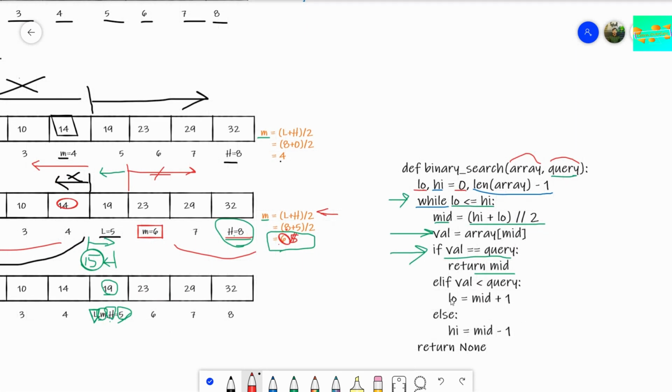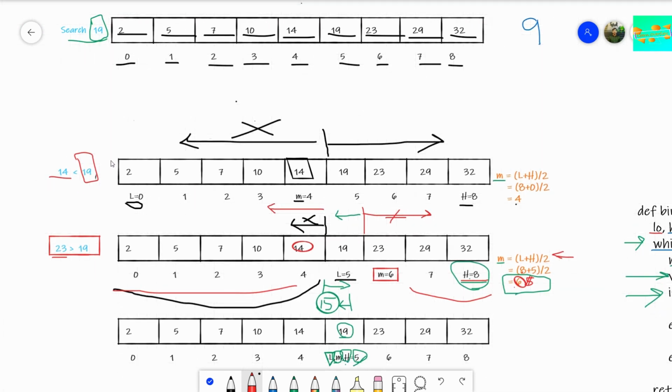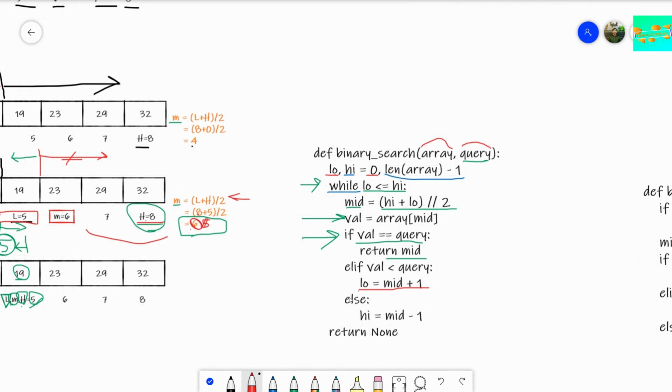So what we did in this case, we fixed low to be mid plus 1. Look, when we found this case, we knew that this was not the area where we have our value. So we moved our low to a higher value, that is low is mid plus 1. Look, we shifted this low to a higher value, right? Low is mid plus 1, that is 5, it became here. Moving back, again we need to find the else case.